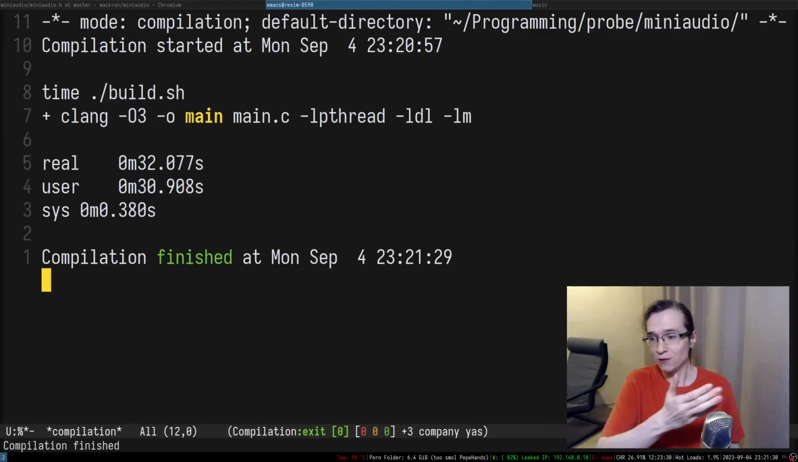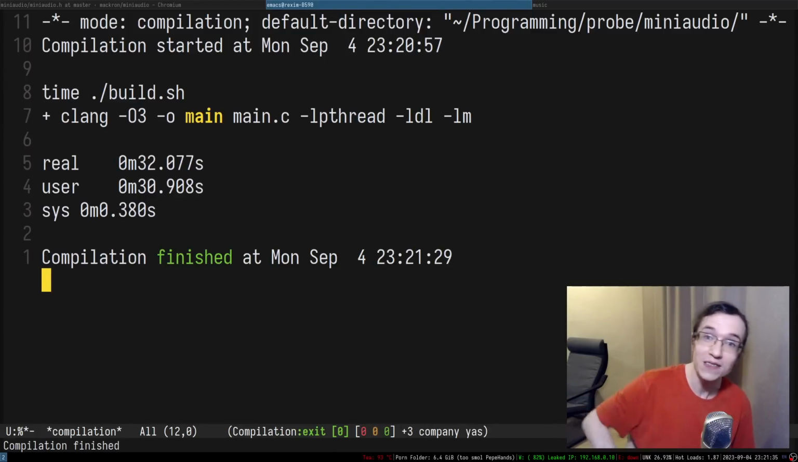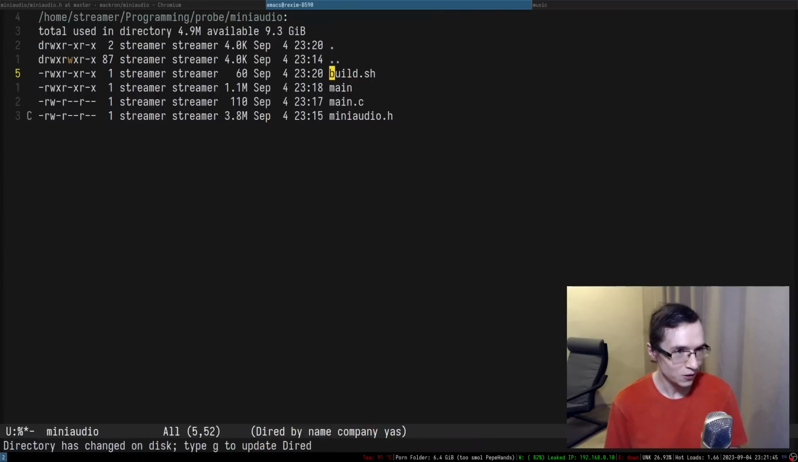Look, it's only half of a minute. It's only 30 seconds. Can your Rust do that? Can you? I don't think so. Building an entire project in only 30 seconds. Rust is blown away. Anyway, so